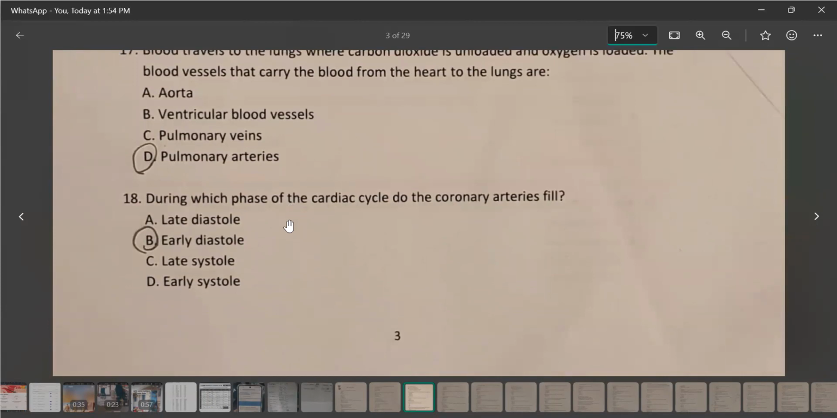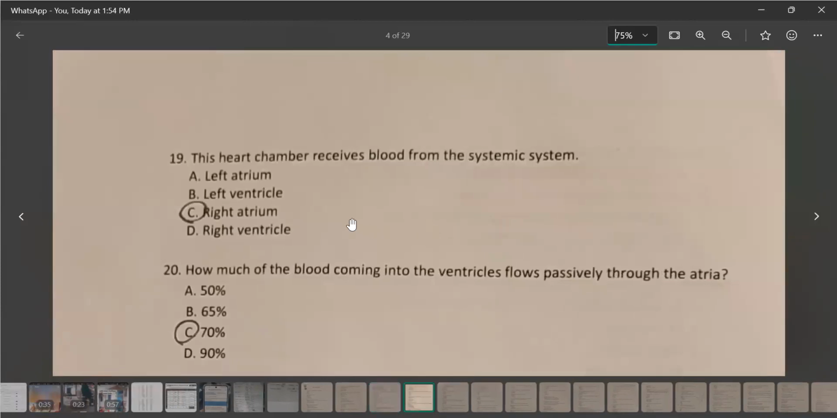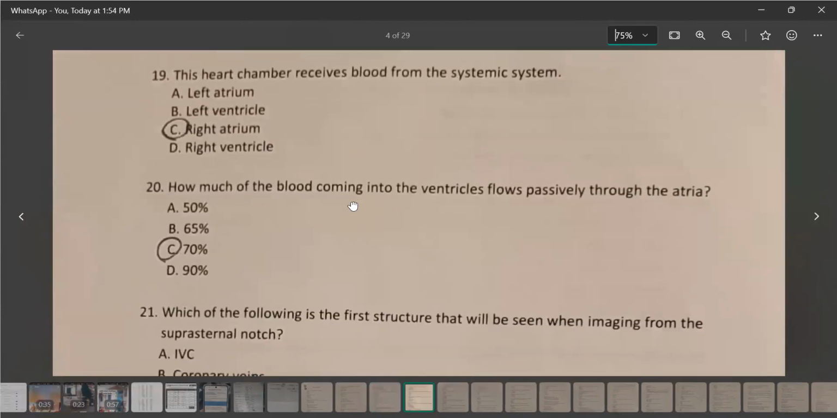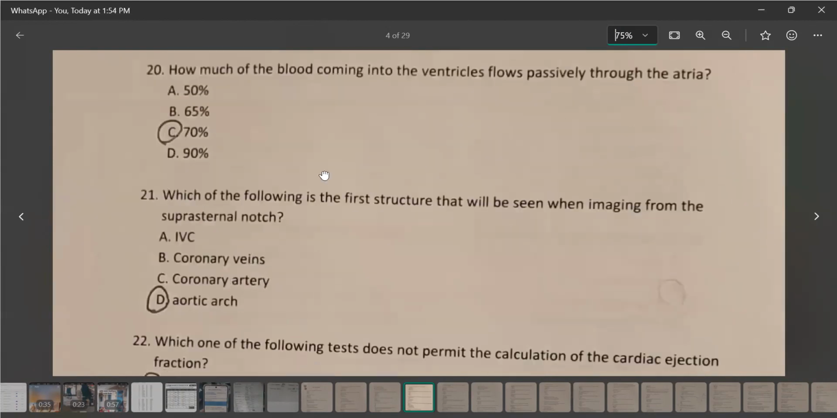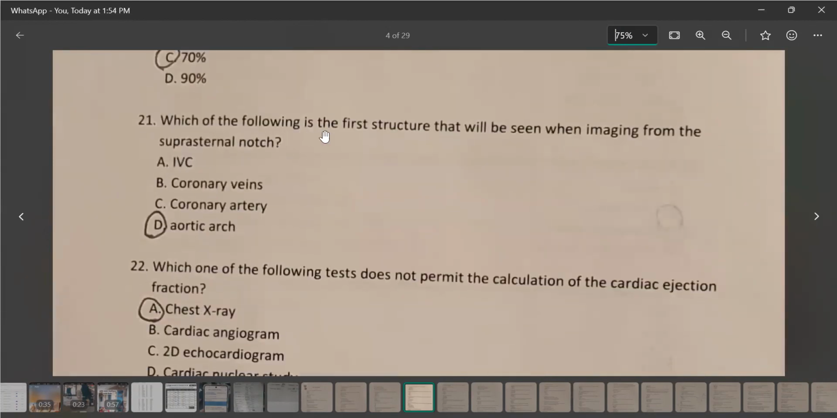Number 18, during which phase of the cardiac cycle do the coronary arteries fill? Early diastole. 19, this heart chamber receives blood from the systemic system: right atrium. 20, how much of the blood coming into the ventricles flows passively through the atria? 70%. 21, which of the following is the first structure that will be seen when imaging from the suprasternal notch,